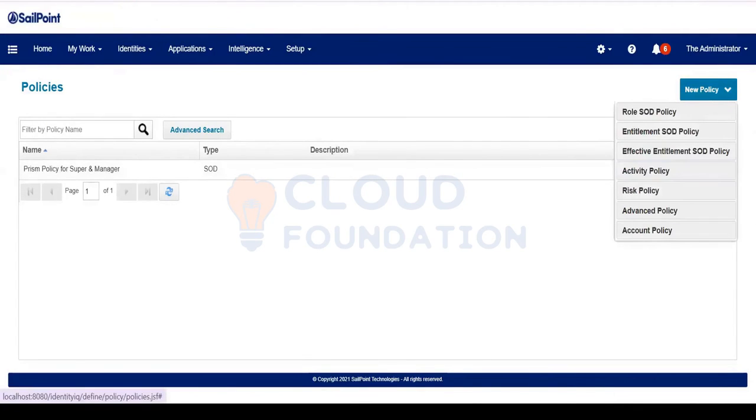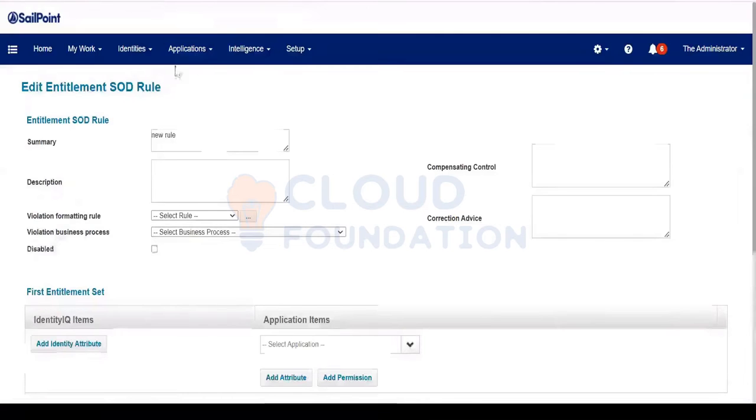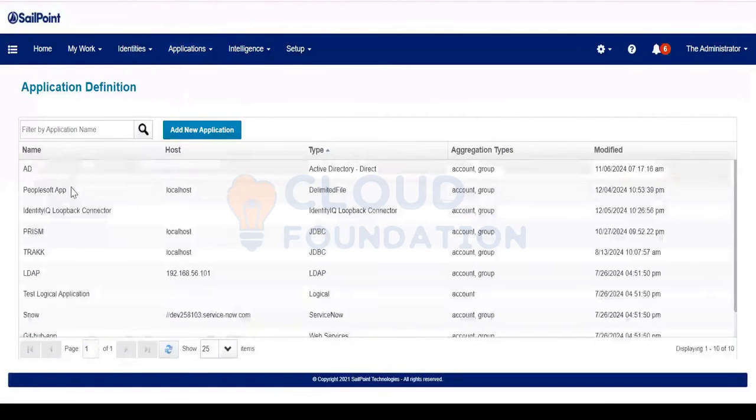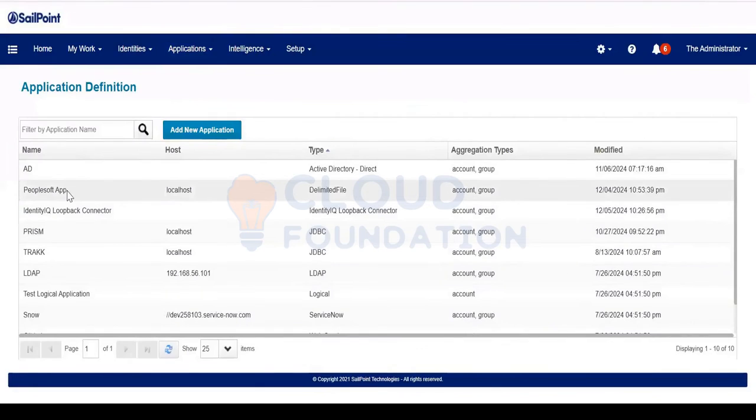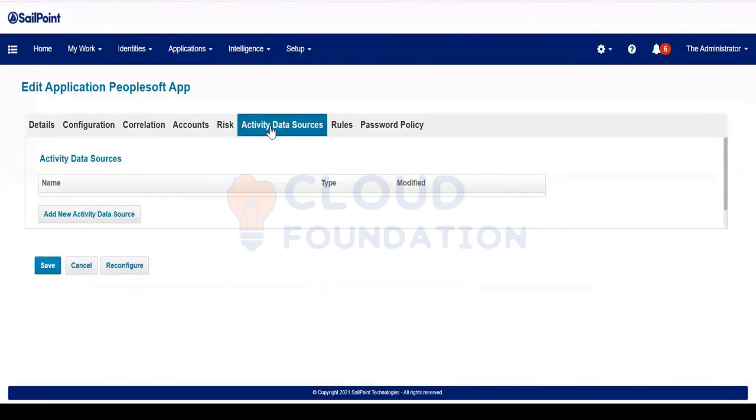If I'm not wrong, we talked about activity, right? If you want to define an activity policy, then in the respective application, which could be any application, the activity data source needs to be enabled. That's the thumb rule. But no application team will allow you to enable this activity data source, because they won't provide logs to SailPoint.